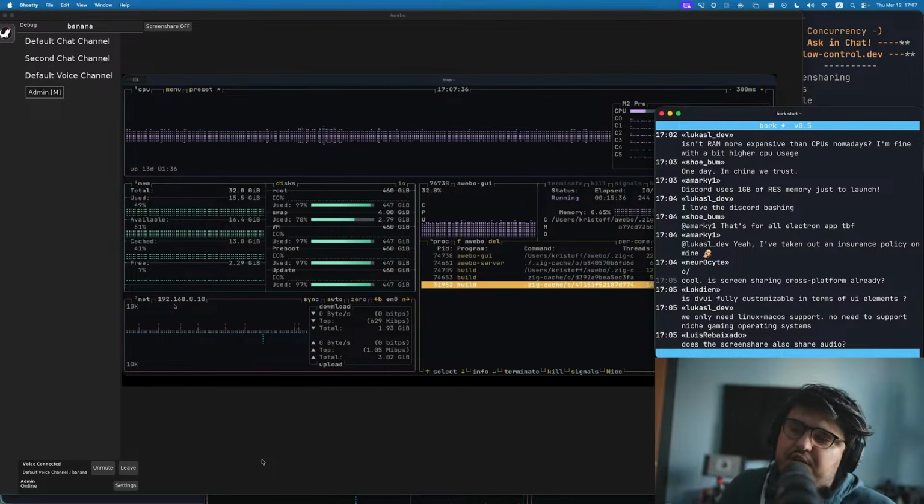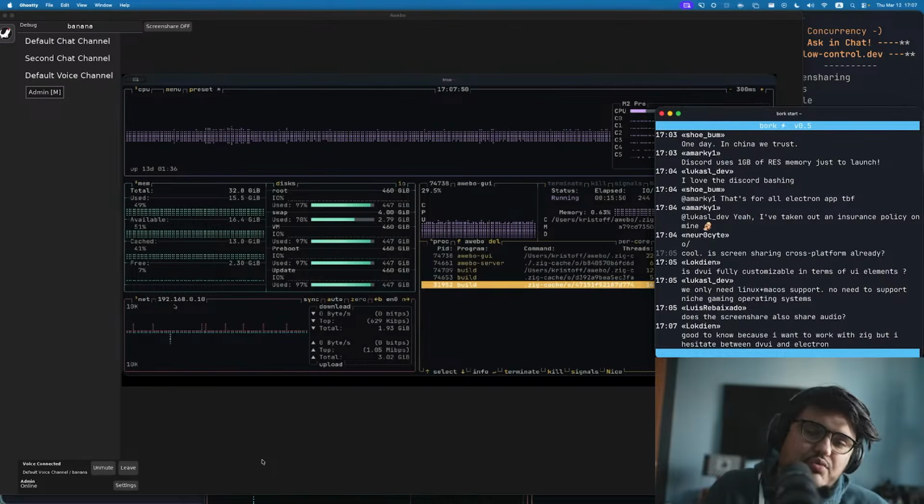Does the screen share also share audio? Currently, no, but enabling that in macOS is trivial. The problem is that I have yet to design how that audio screen share should work. The problem mainly is that